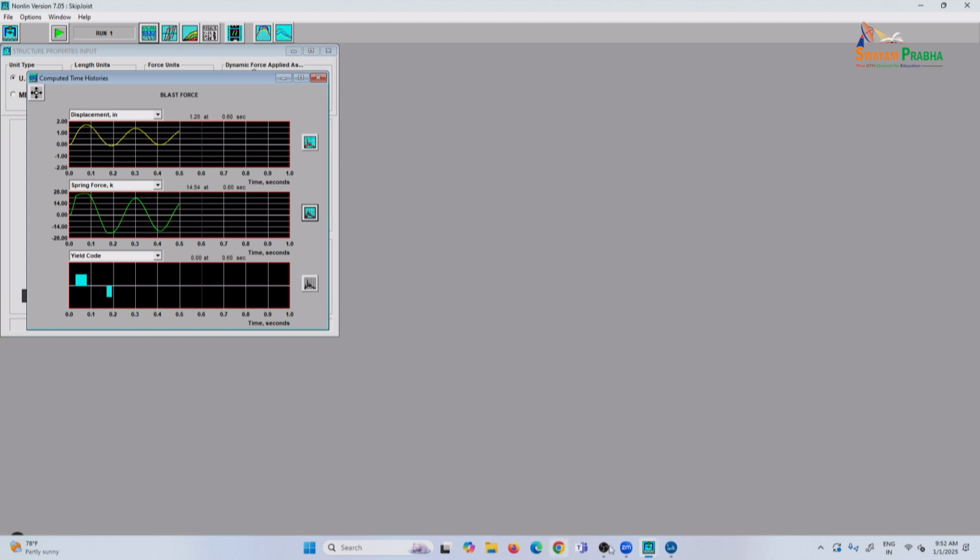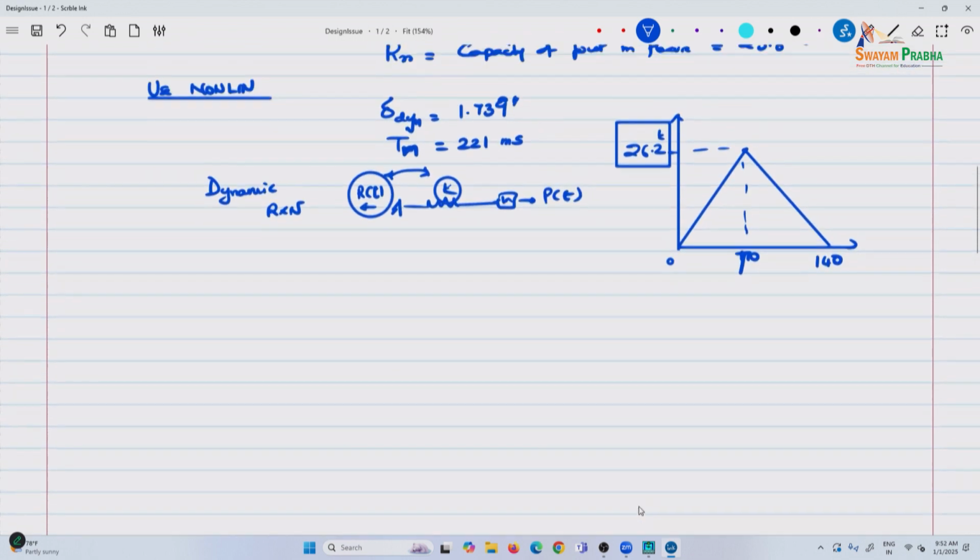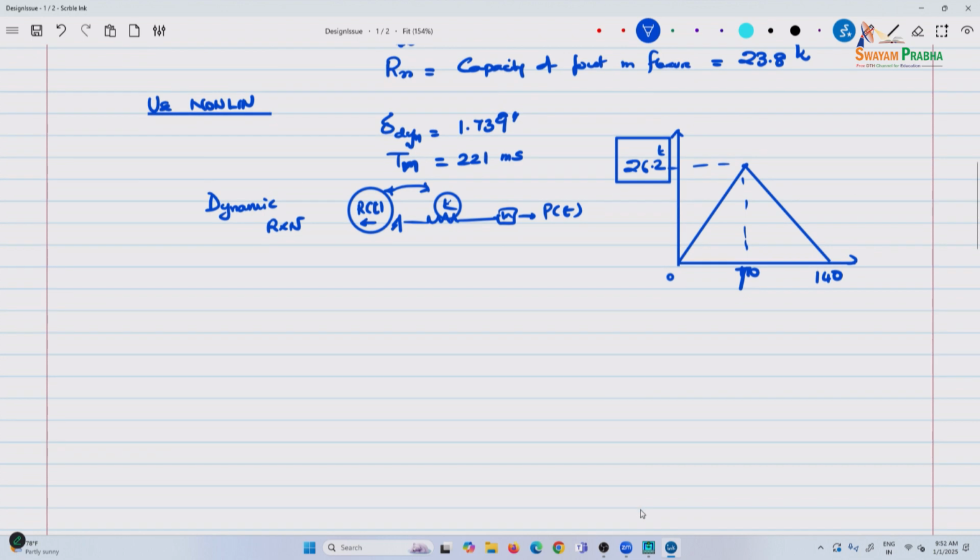We'll just get to the, so this would be 70, and if you have other ideas, let me know. So this was 26.2 kips, and here at 70 milliseconds. Then